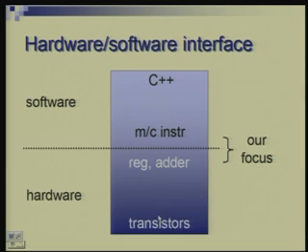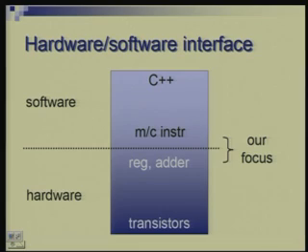On the hardware side, we saw major building blocks, registers, adders and so on, and at the bottom you have individual components, transistors. So, our focus would be somewhere here in the middle where you see the hardware software boundary. So, what exactly is this hardware software boundary? It is where you have a set of instructions which define the basic capability of a processor, and major hardware components which are able to understand those instructions.